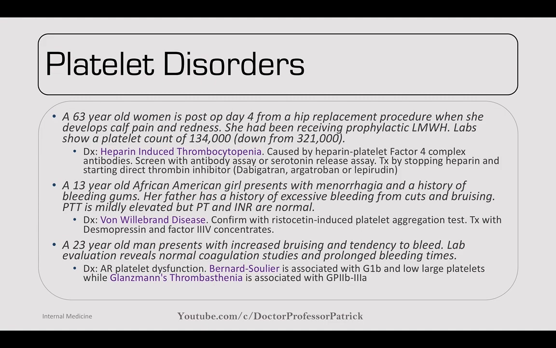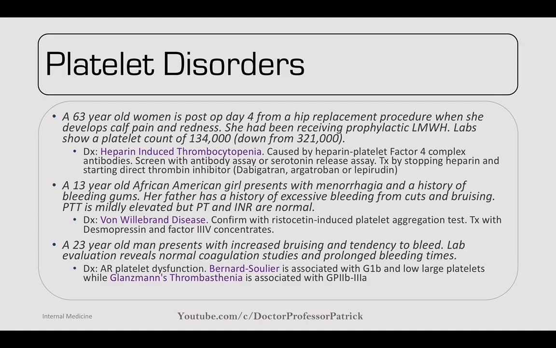Moving into platelet disorders, there's a 63-year-old woman who's post-op day 4 from hip replacement, where she's developed calf pain and redness. She's been receiving prophylactic low molecular weight heparin. Lab studies show a platelet count of 134,000, and this is down from over 300,000 the day before. The diagnosis would be heparin-induced thrombocytopenia. It's caused by a heparin-platelet factor 4 complex antibody, and you can screen with the antibody assay or serotonin release assay. You want to treat by stopping heparin immediately and starting a direct thrombin inhibitor like dabigatran, argatroban, or